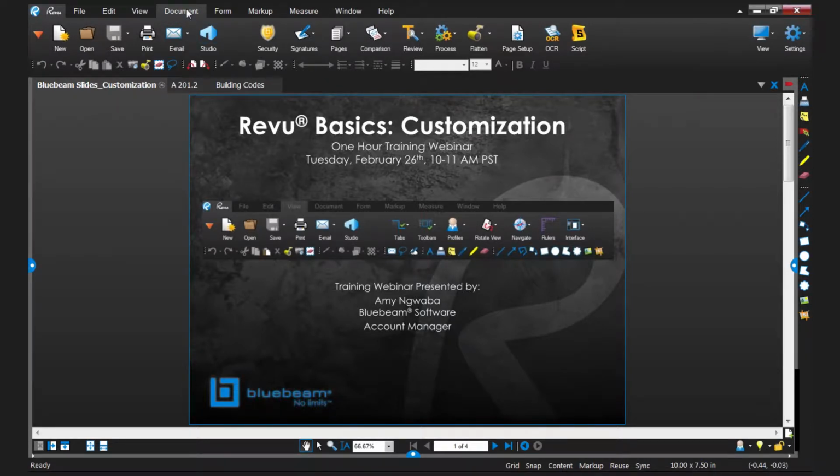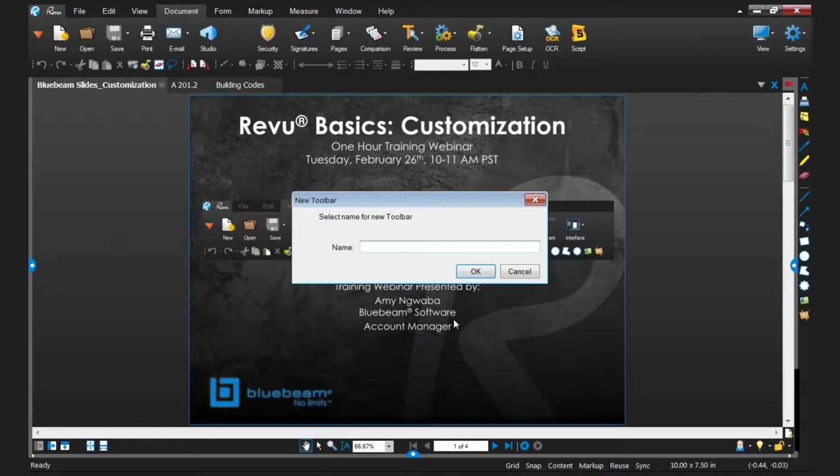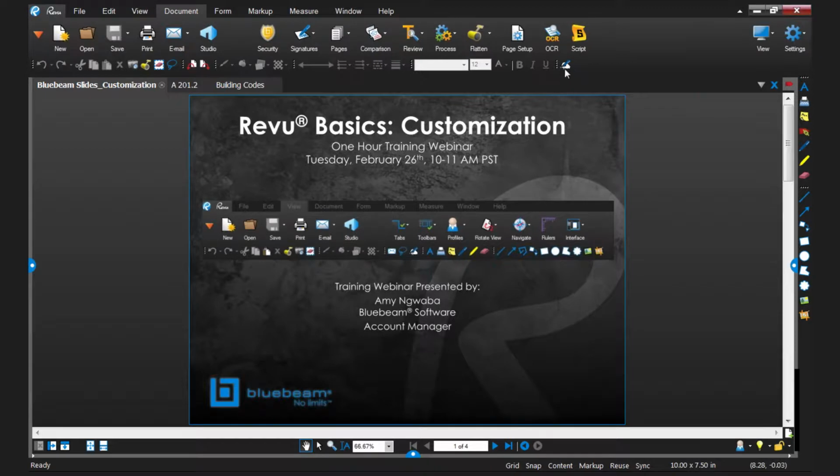So I find the tool. In this case, it's under Document Signatures and Sign Document. So I'm going to go ahead and say pin this, and I'm going to go down to the bottom, and I'm going to say I want to create a whole new toolbar. I'm going to just call this Amy's Favorites. And I'm going to say OK. And now you'll see right over here, this entire new toolbar with this one little icon on there is now